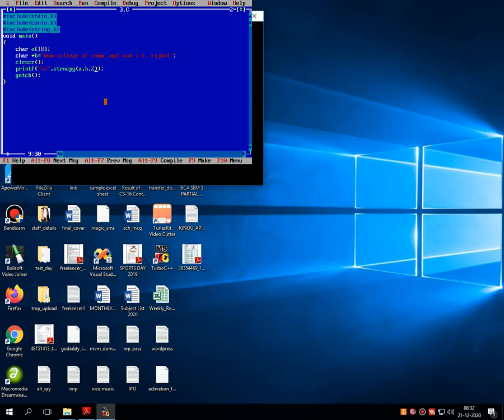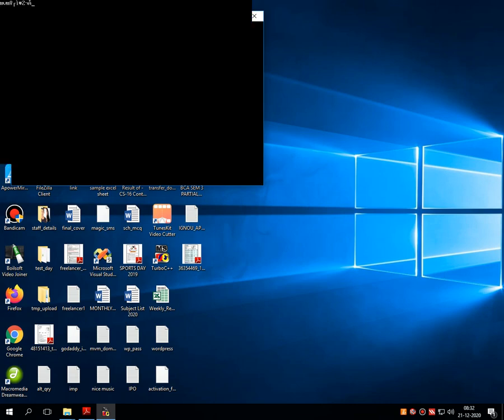Whatever length you give, as per that need, it picks up the characters and puts them into the destination string. For example, here I have given the length of characters as 3. It picks up the first 3 characters and prints them onto the screen.